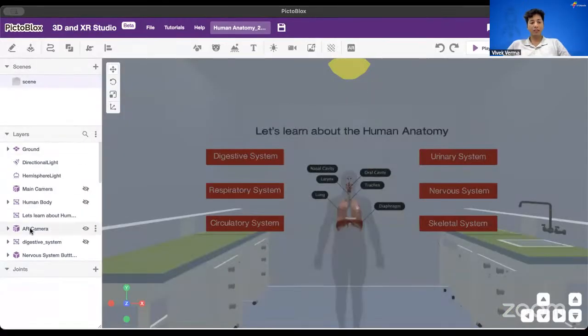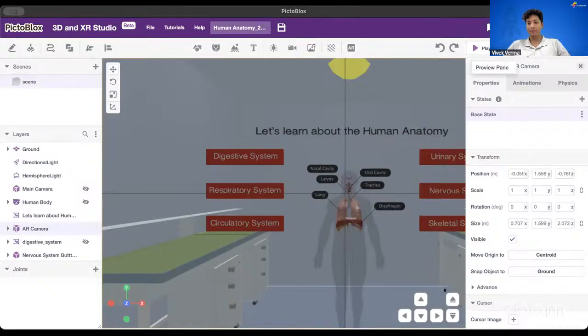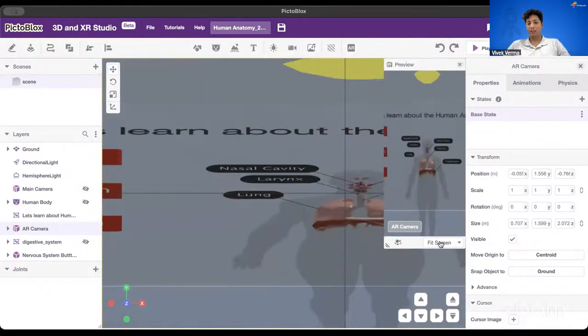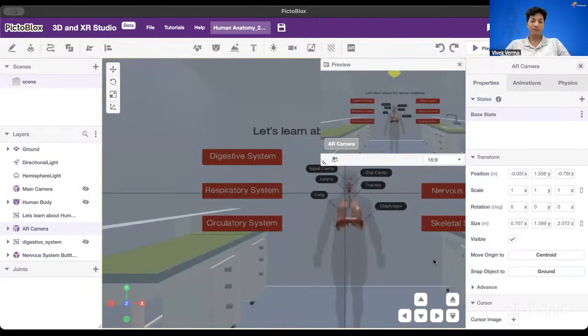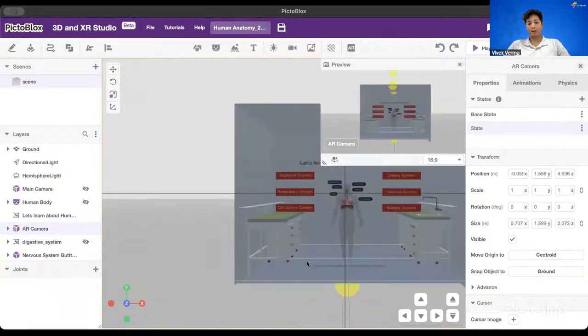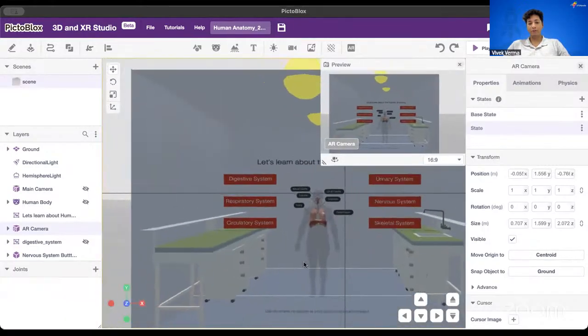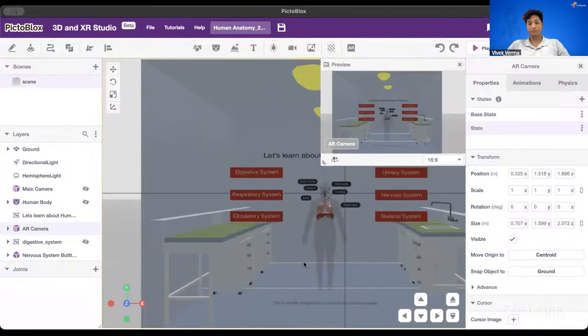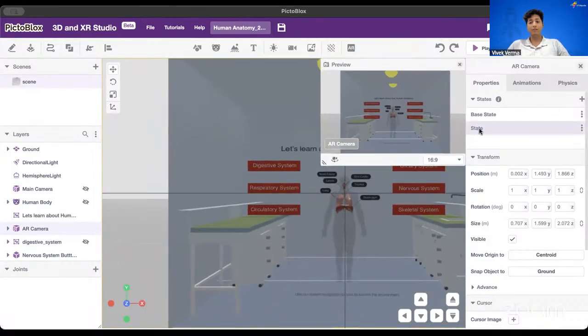All right. So over here, we have the AR camera. As you can see, let me click on AR camera preview pane. So you're able to see that the AR camera right now is facing this human body, this entire system that we have created. So this is its base state, the state at which the AR camera is right now. Let's say if I add in one more state by clicking on the plus icon, take the AR camera back and forth, or maybe a little bit over here. Yeah. So this is the new state. This is base state. This is new state. Can you see a difference